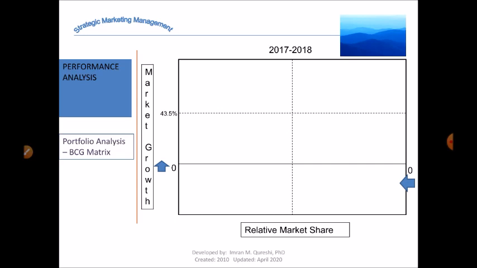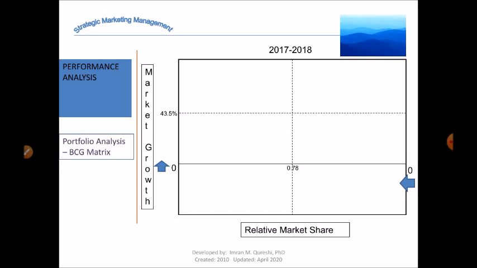So the first thing that we look at is the overall market growth, at how much the overall market has grown. Now, obviously, this data is for a few companies. It's not the whole market, but if you take the whole market and get the real data, then the power of your analysis is going to be much higher. Okay, so in this example, the overall market growth, which is the total revenue figures for 2017 and 2018, we again apply a percentage change formula. So what we get is 43.5% as the overall market growth. Next is the average relative market share.